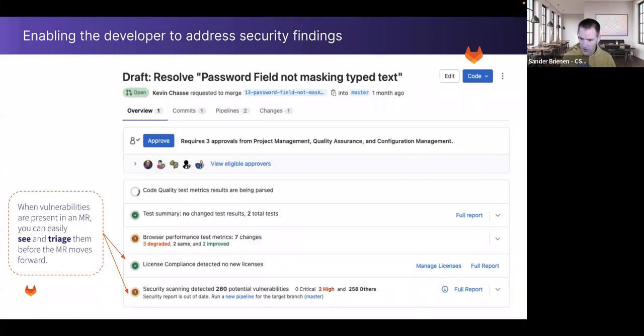Within the merge request, developers, as I mentioned before, immediately see a report of the found vulnerabilities. So here you see what a developer can see in GitLab. The merge request will show you if it needs to be approved. In this case, you see approvals from different teams like project management or quality assurance. But you can also have